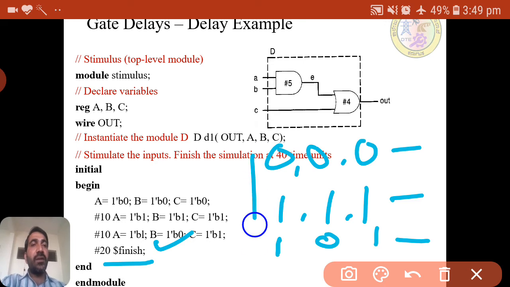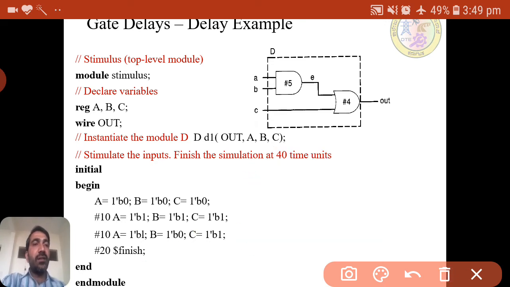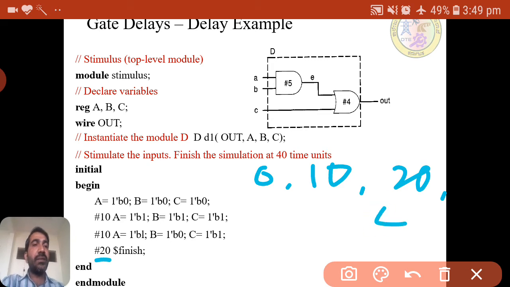And one more thing, we have used one more system task which we call $finish. Initially the time is 0, after 10, after again 10 means 20, and after 40 nanoseconds the $finish system task will terminate the simulation. To terminate the simulation, we need to use $finish by specifying the time value.